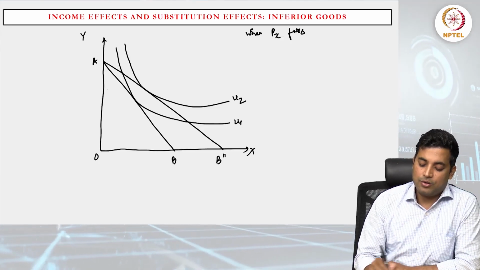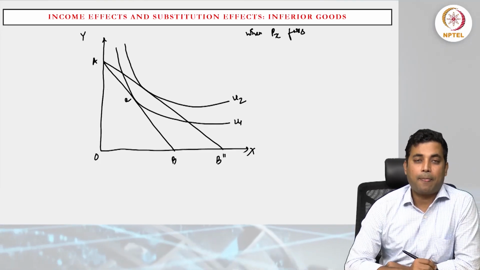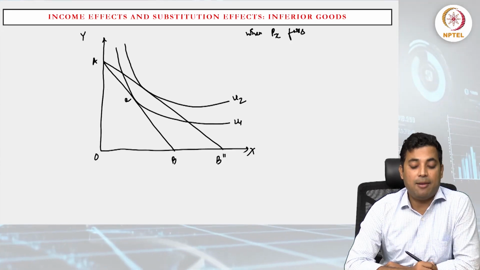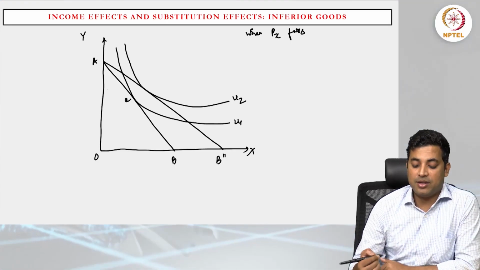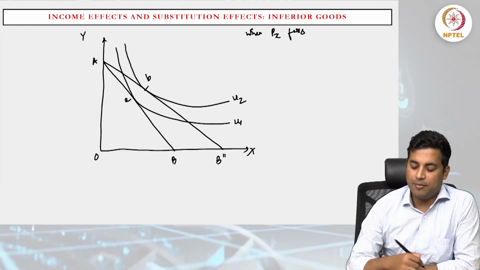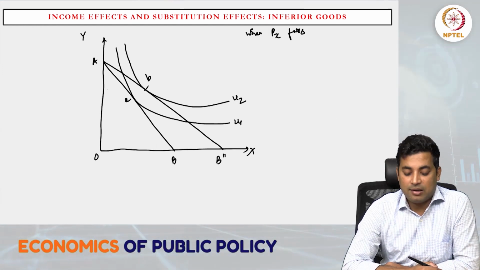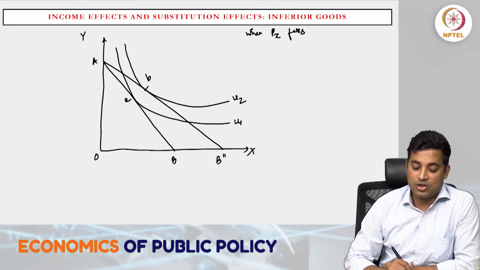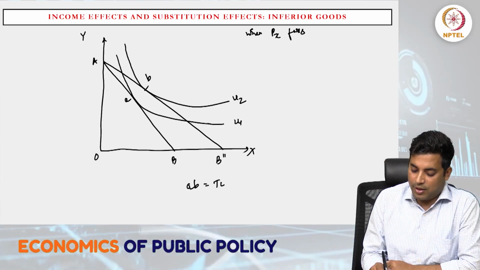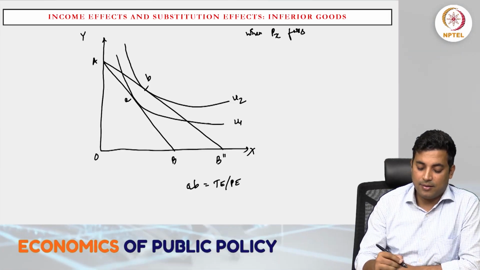tangent point. So on U1 we get small a as the tangent point, where U1 is tangent to the initial budget line AB, and now with the change in the price we get the higher tangent point, say point B, where U2 is tangent to the new budget line, which is AB dash. A to B is of course the total effect or price effect, and in this case we have